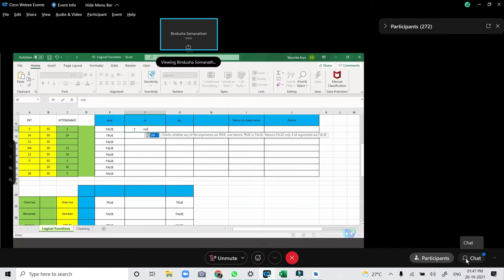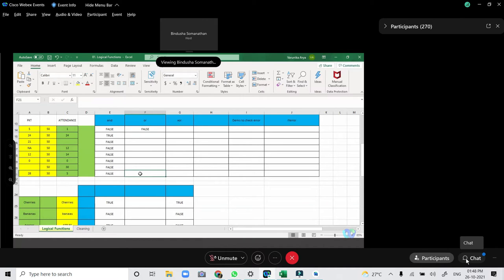So I use OR. The first logical test is dependent upon the PKT score, so this should be greater than 20, or the attendance should be greater than 15. So in the first scenario, it does not work.